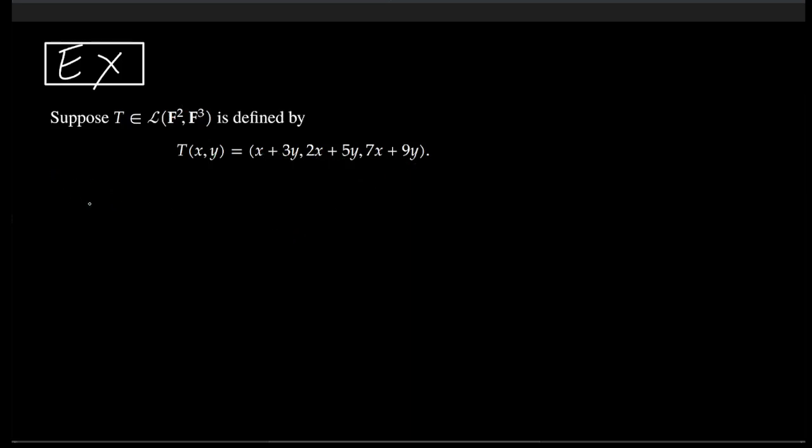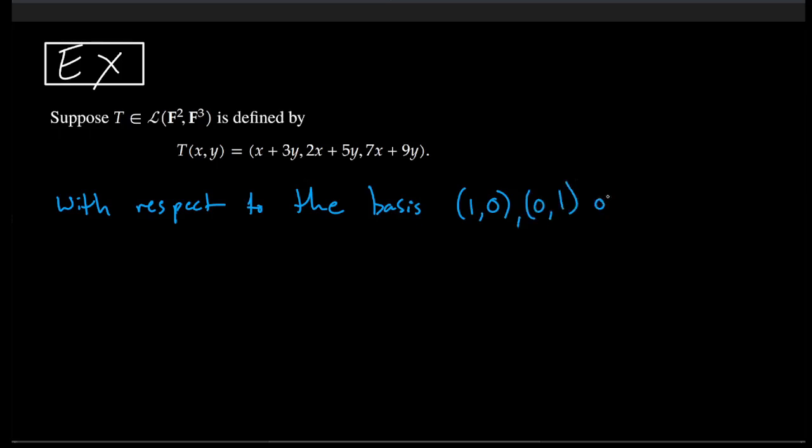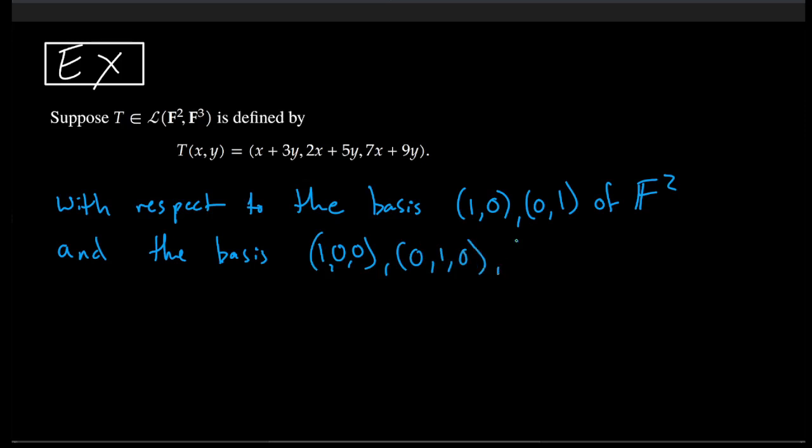So the matrix for this linear map, well, we have to choose a basis. So with respect to the basis (1, 0), (0, 1) of F2 and the basis (1, 0, 0), (0, 1, 0), and (0, 0, 1) of F3,